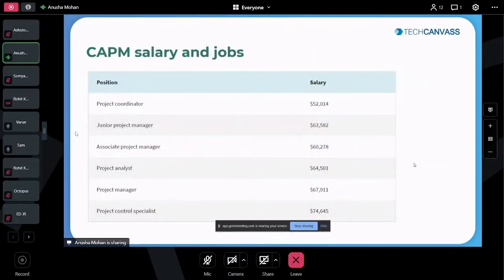All right. So this slide is going to be very useful for you guys, because as an individual, I can relate my certifications to my salary, because the certifications are really going to help me with my salary structure. So just a view of how CAPM salary